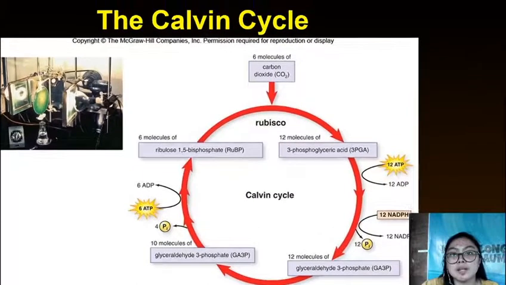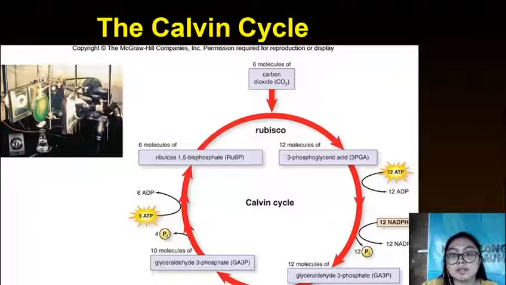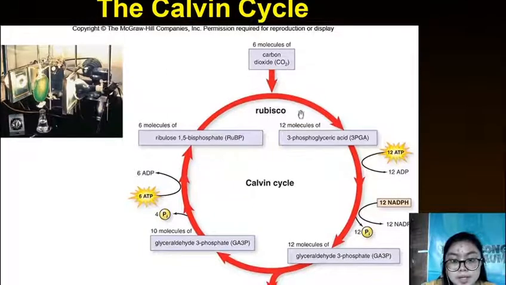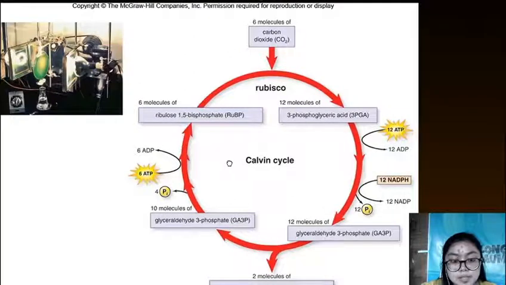So in the Calvin cycle, let us take a closer look at this. 6 molecules of carbon dioxide combined with 6 molecules of ribulose 1,5-bisphosphate or the RuBP, with rubisco. And then eventually results in 12